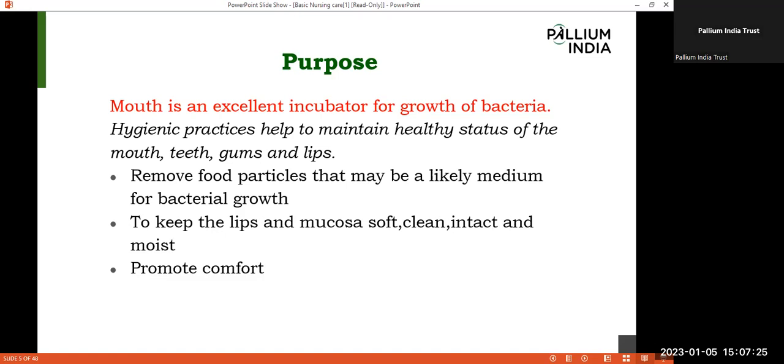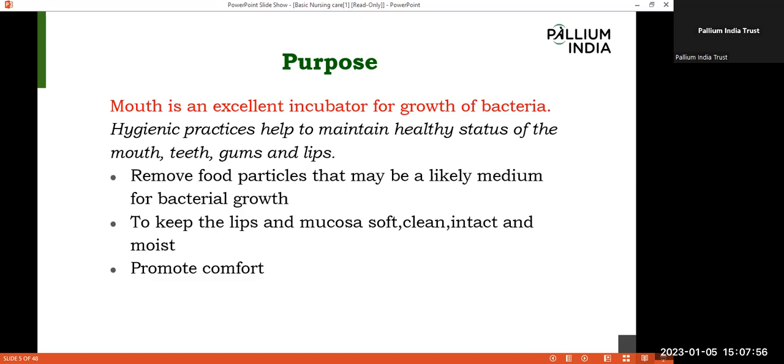So removing of the food particles after the food intake is very much important as a part of the oral care. Then to keep the lips and the mucosal layer very clean, soft, and moistened. Because in a dehydrated state, the over dehydration, the dryness will cause infection and further ulceration also. So to keep the lips and the mucosa very soft, clean, intact and moist also,